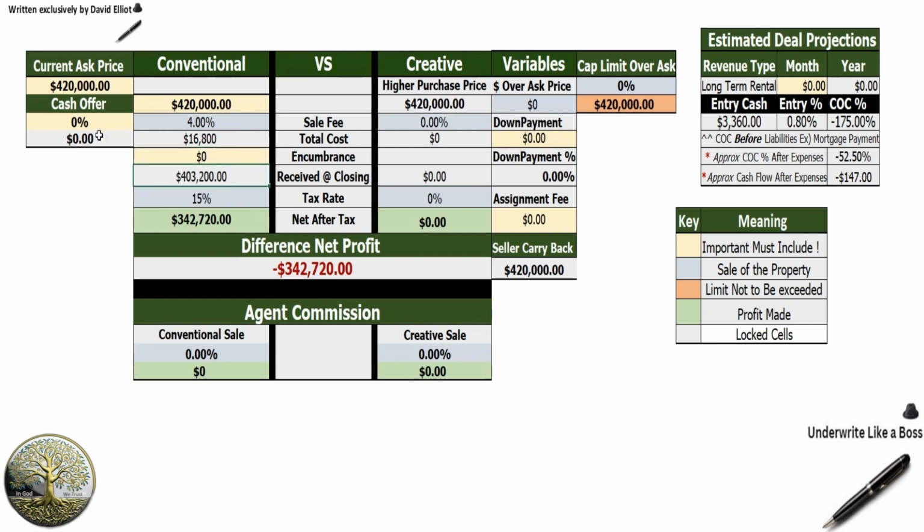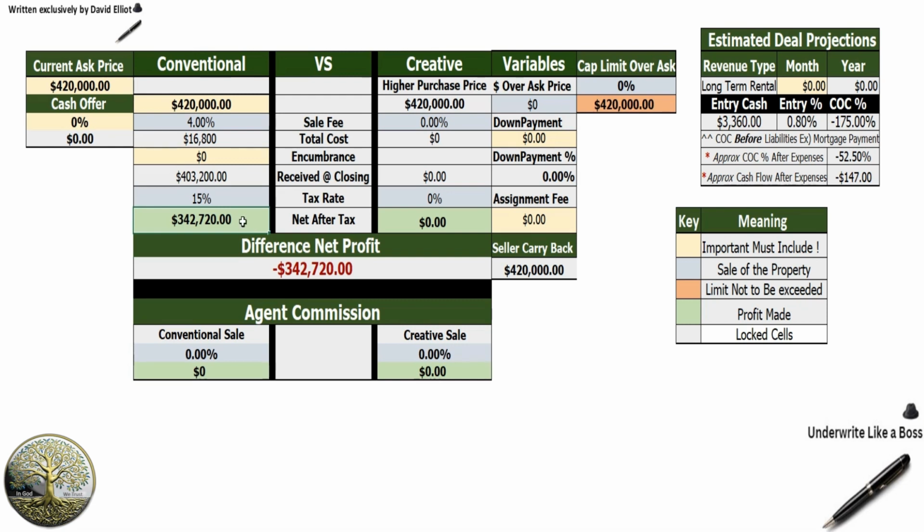And just from simple calculations, we can see that the seller is going to walk away with over $400,000 at closing. Best case scenario. If the seller were to receive $420,000 at their full ask price with a 3% agent commission and 1% towards closing costs, they're looking at a best case scenario of $400,000 received at closing. That's pretty significant. Now, after capital gains of 15% and Uncle Sam is paid, the seller's really making about $340,000, but